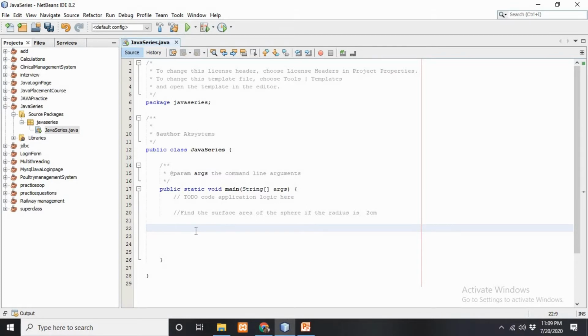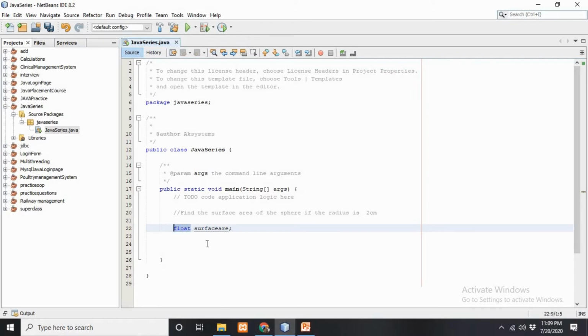First, I am going to create some variables. What are variables? Variables are those kind of names that store a value in them. So our first variable will be surface area, and I am going to use the data type float. Why have I written float?